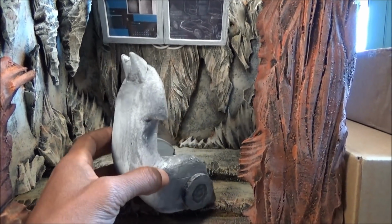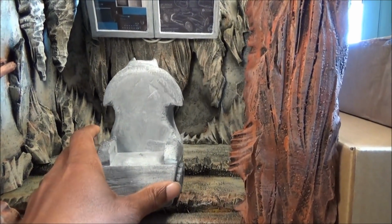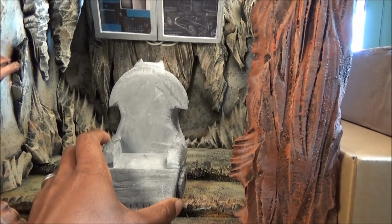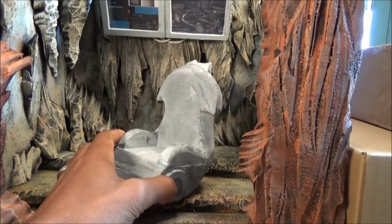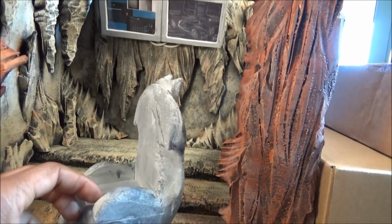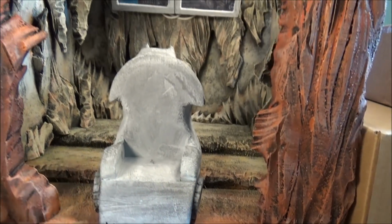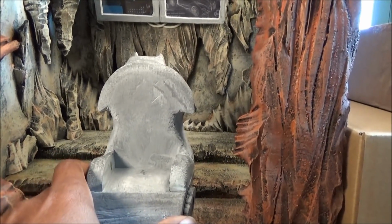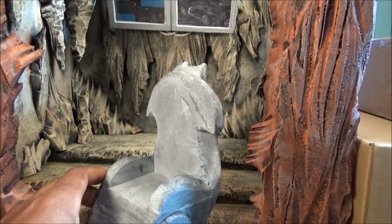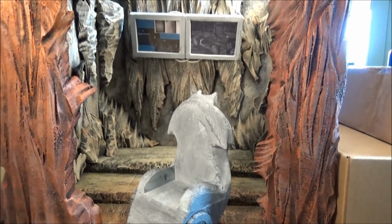Really digging that part. Just an overall great artist, Tiffany, and how she really puts her best foot forward in the work that she does. I thank her so much for hooking this up. I had her mold this chair to fit the movie Batman. So I'll give you guys a look at the